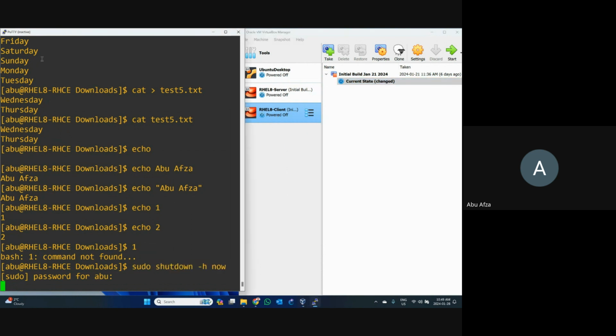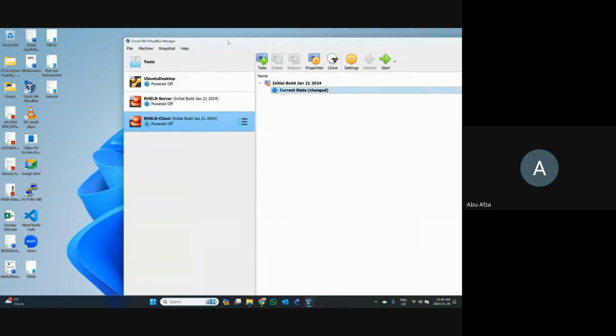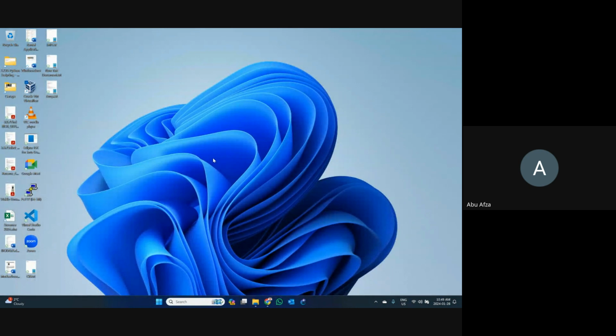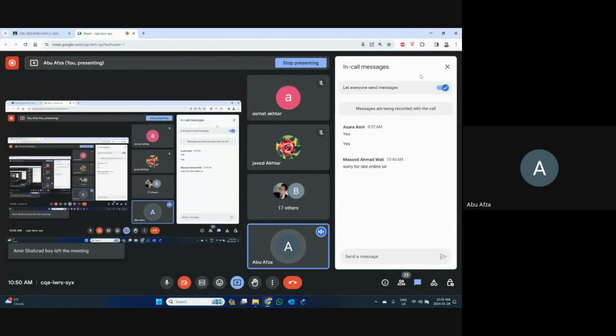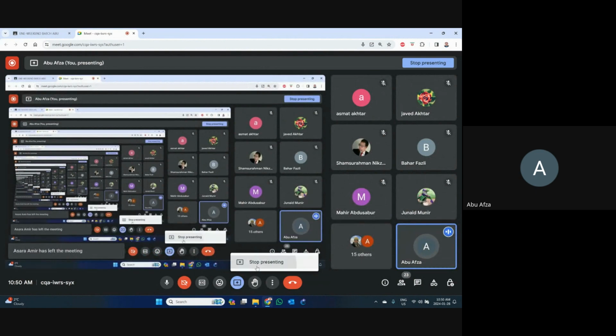And PuTTY is third-party software. You can work like in a GUI system. Close it. Done. Like VMware and VirtualBox, we don't need them right now. Close it. That is a very basic thing. When you want to close anything, just press the close button. So done for today's class. I did lots of commands in today's class. So it's very difficult to remember, but please try to practice at least, because without practice, we cannot remember.